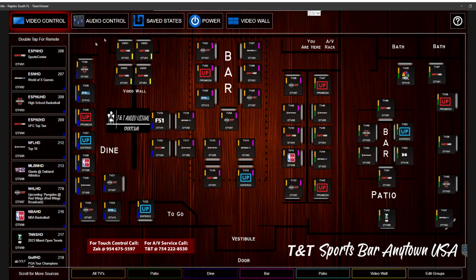This is our Touchsystem software. This is an easy way to control audio and video systems in different types of venues, including bars, sports bars, nightclubs, restaurants, hotels, country clubs, and any place that you have audio and video that you want to control easily from one location. No more trying to find the remote for that TV and walking up to it to change